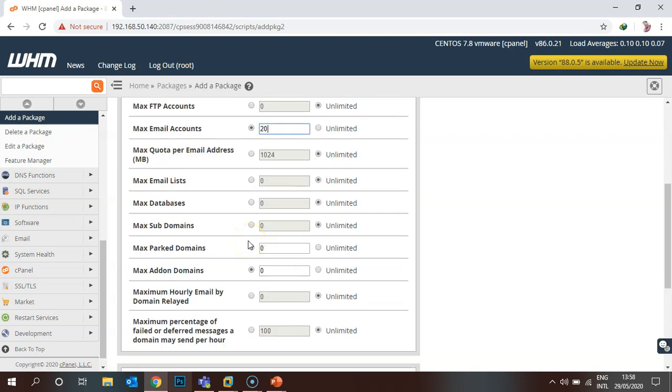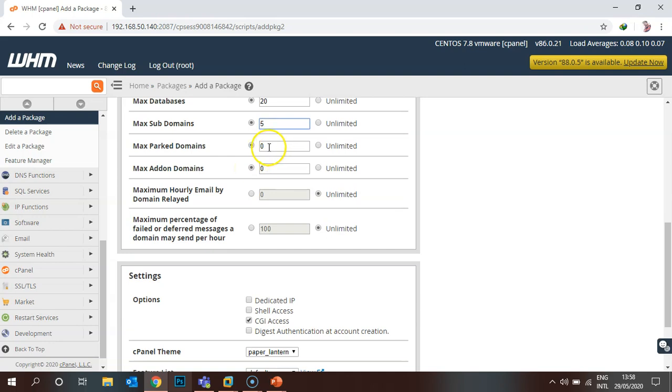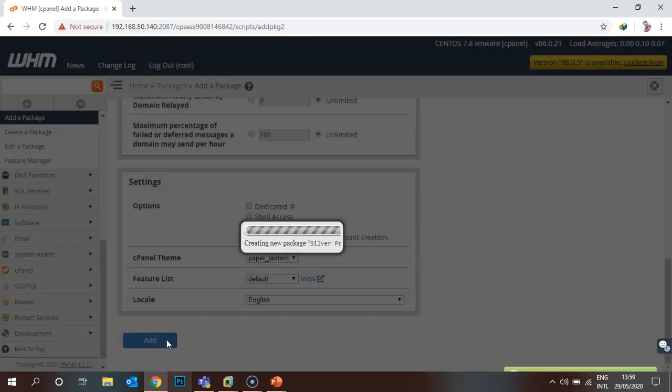And max quota per email account, I'll give 800 MB, or 1 GB, because some users use the POP3 option and some use IMAP. Maximum email lists should be 0. Maximum databases, they can create about 20. Subdomains, they can only create 5. Maximum parked domains, they can park 2 domains. Add-on domains, I'll give 1. The rest of the options I'll leave default, and click add.